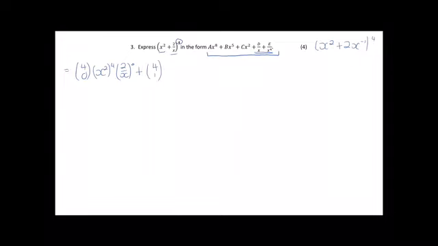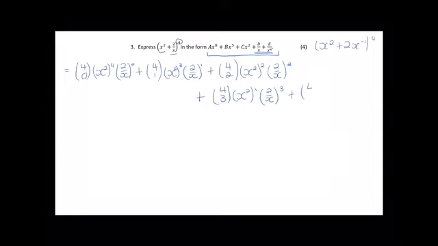Then 4 choose 1. Decrease my first term's power to 3. Increase my second term's power to 1. 3 and 1 give me 4. Then move on to 4 choose 2. x squared, squared, 2 over x squared. 4 choose 3, keep decreasing the power on your first term, increasing the power on your second term,